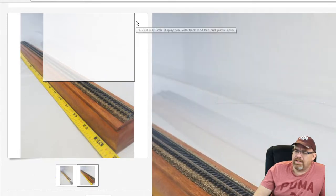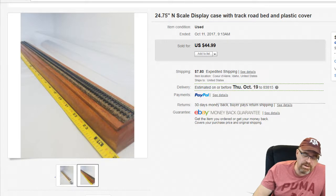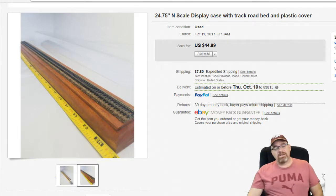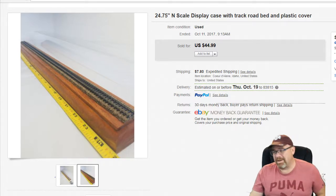I ended up putting this in, I've got these tube mailers, that I ended up wrapping it really well in bubble wrap and shoved it in there and out the door. And this one I actually did get full asking price, $44.99 plus shipping, so $58.19 shipped out the door. But I know it's pretty sad for the first couple of weeks of